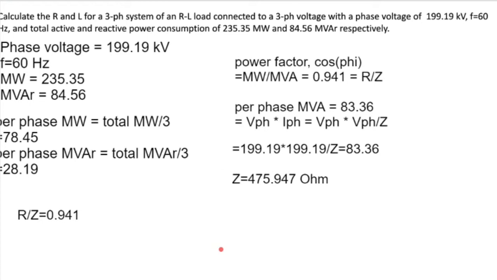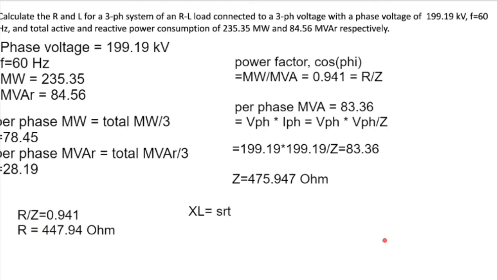So now, as we know Z, we can calculate R. R is 447.94. Right? So now we know R, we know Z. So we can calculate XL